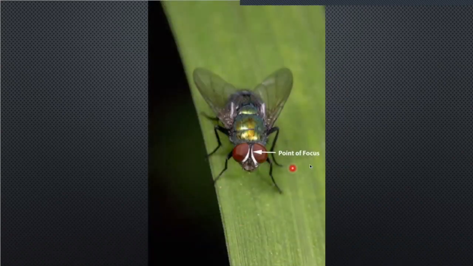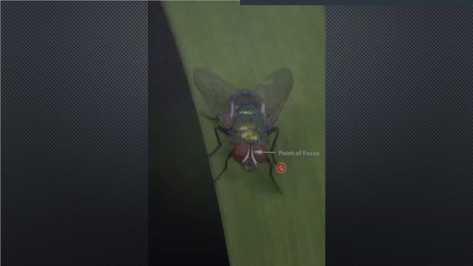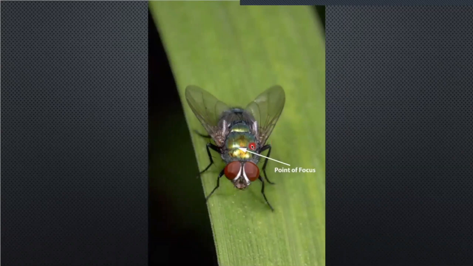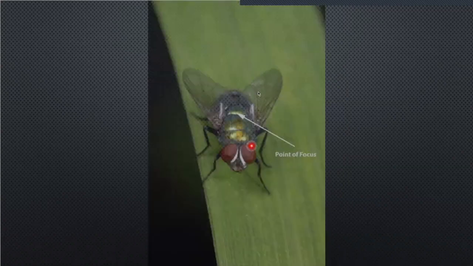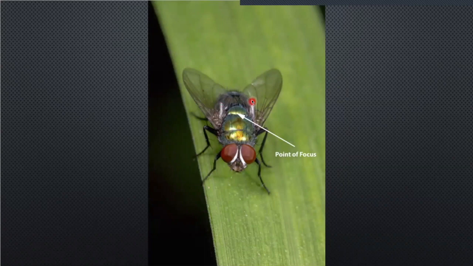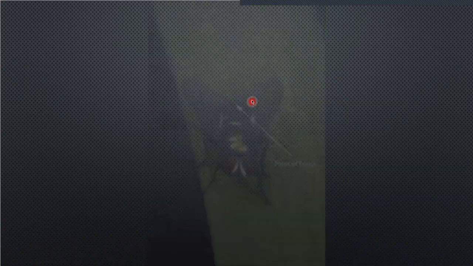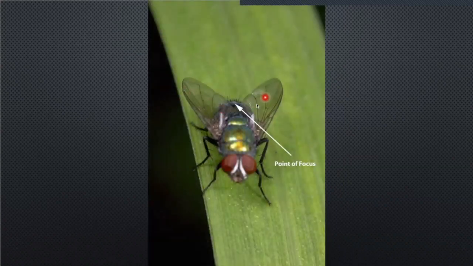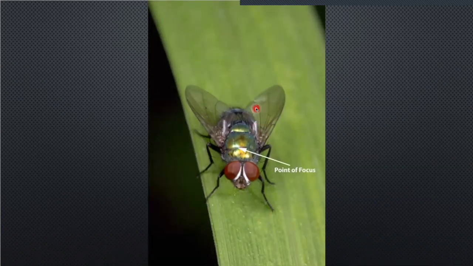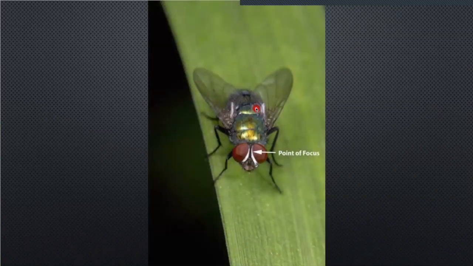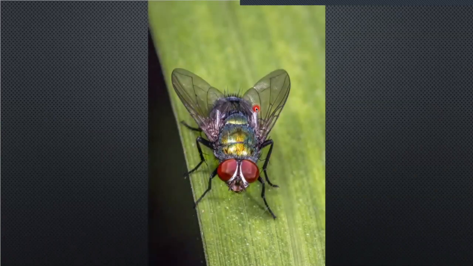This is the first image. This is where I was focusing. Point of focus is here. So the second picture, the point of focus is here. And the next picture, the point of focus is in the back. So when you combine all three of them, then you get this one. So there are softwares, of which Photoshop is one of them, and Zerene Stacker is another one, which allows